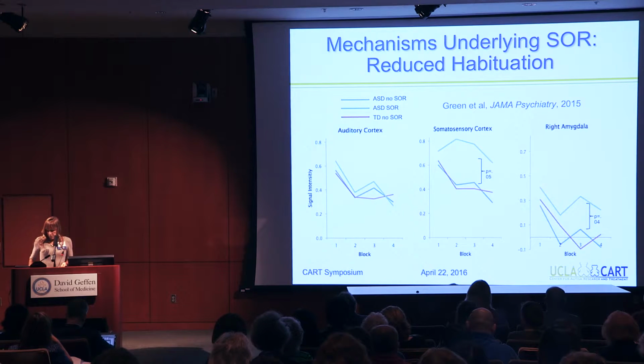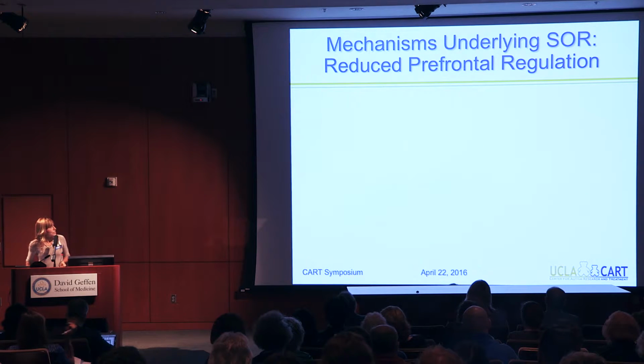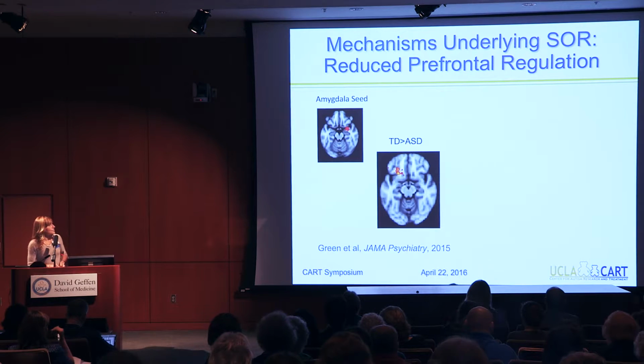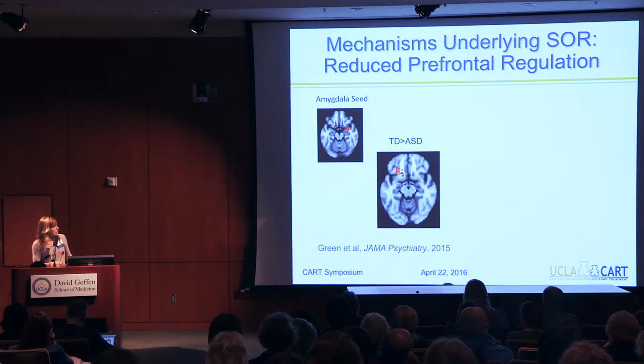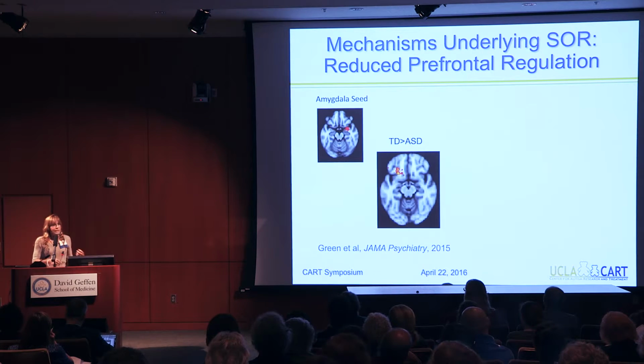But as I mentioned before, some other processes may be involved, and so what she did in another set of analysis, she looked at connectivity between the amygdala region and basically any other regions in the brain. So here we're looking at coupling of activity between regions that varies as a function of the task. And this was again for the joint condition where they're being stroked and they were hearing those loud noises. And there were significant differences where the typically developing children had greater coupling between the amygdala and these prefrontal regions, which for the most part tend to inhibit, quiet down the